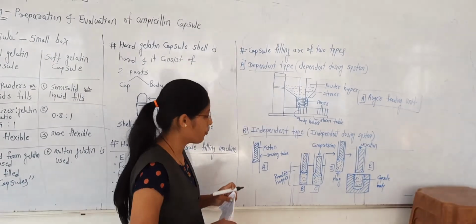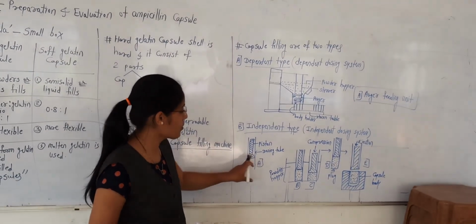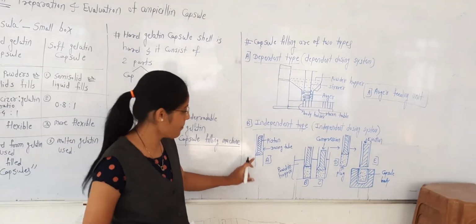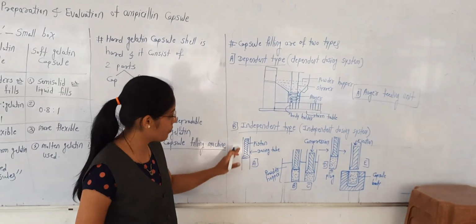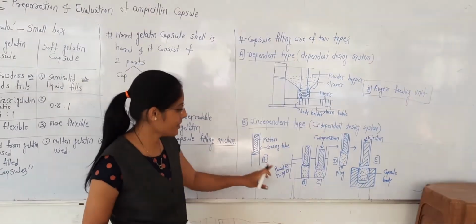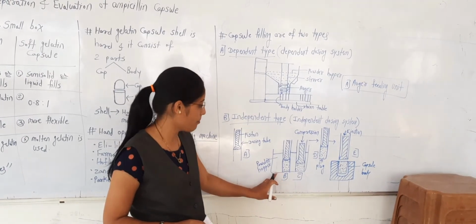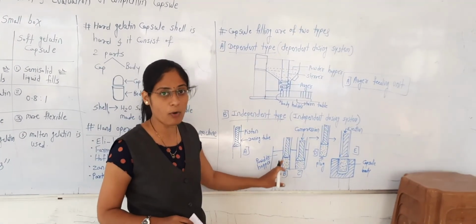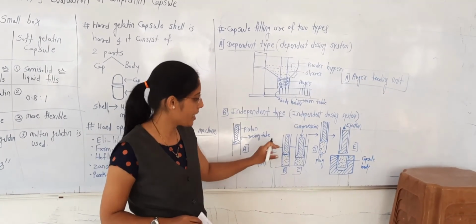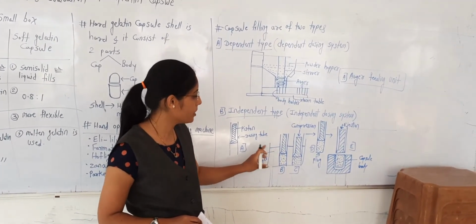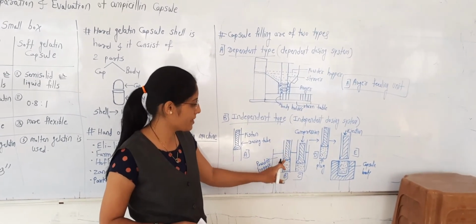Okay, so for that formation of the plug we can use the piston and dosing tube. See here in this diagram, this is the dosing tube, and inside that dosing tube we can apply the piston. Then in the second part, in the B and C part, the powder hopper is present, and in that hopper we place the powder or medicament, and in that powder we keep the dosing tube. In that dosing tube the piston is also present.